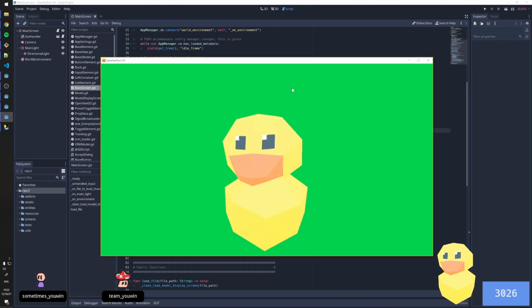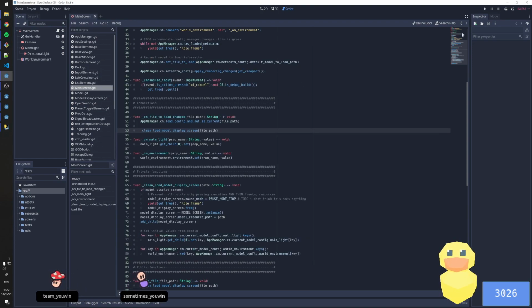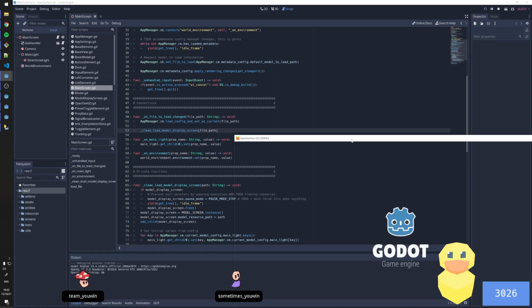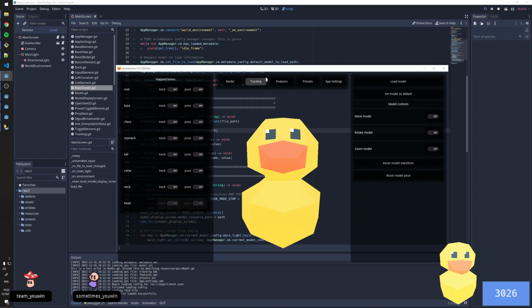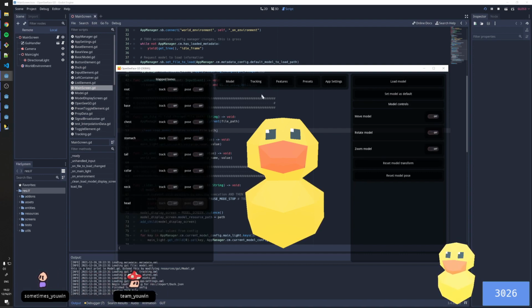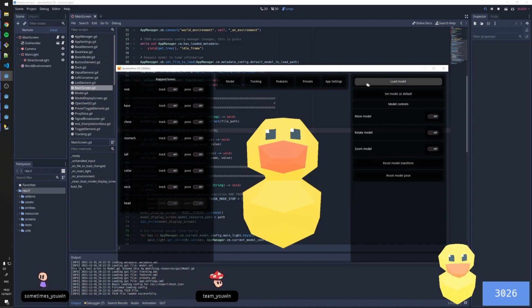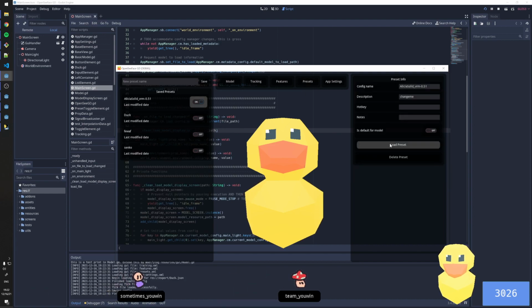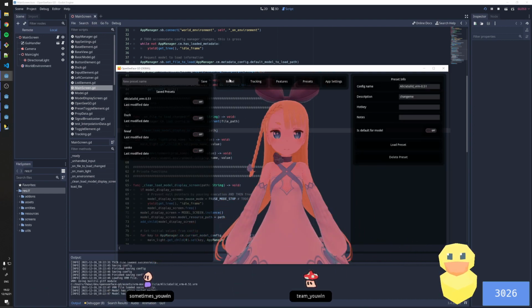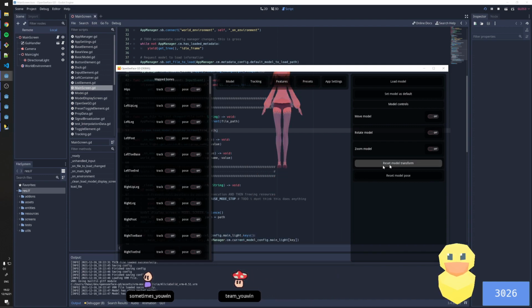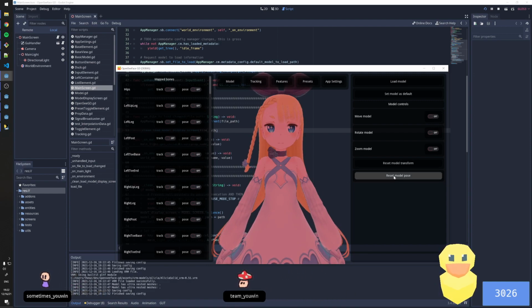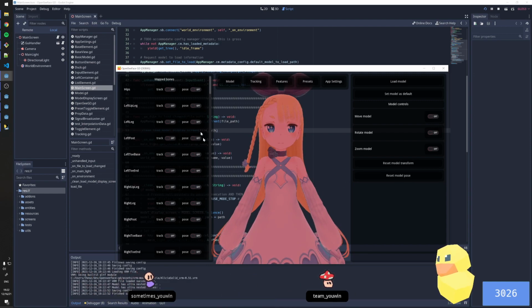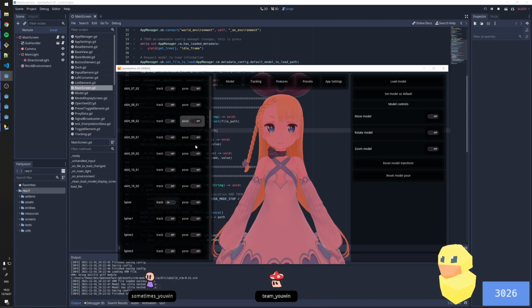So if we look at the current thing here, actually we can look at the most current thing here. So this is the most current option. So we have the ability to load in different models. So this is the Alicia model. Look at that, it's beautiful. We can reset the model transform, which sets you all the way back there. And then we can also reset the model pose, which is to kind of insulate you against the fact that